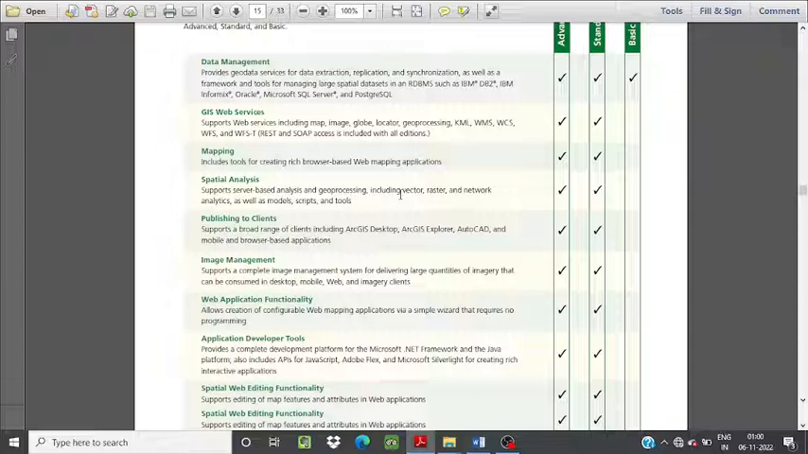Web application functionality allows creation of configurable web mapping applications by a simple wizard. Application developer tools provide a complete development platform from the Microsoft .NET framework and the Java platform, which also includes application programming interfaces for JavaScript, Adobe Flex, and Microsoft Silverlight for creating rich interactive applications. Spatial,